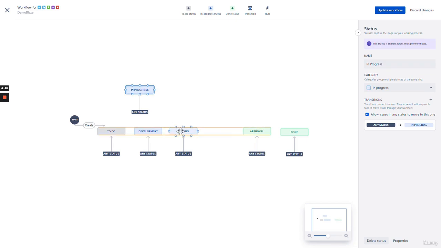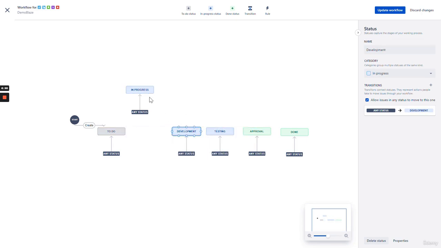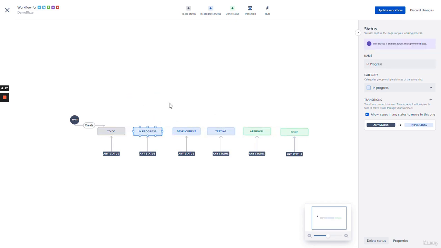Let's switch it around a bit. I want to move Development and Testing after In Progress, so it makes it easier to understand and more logical. For example, a user story in the To Do column will be designed, planned, and worked on by different end users and stakeholders. Then In Progress, meaning that members of the team are touching upon the user story, being developed, tested, approved, and finally